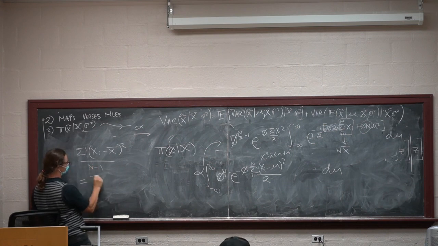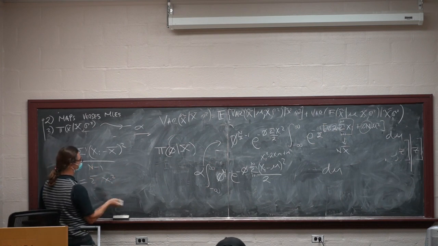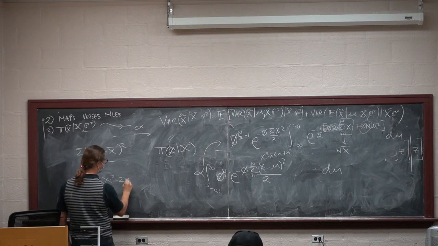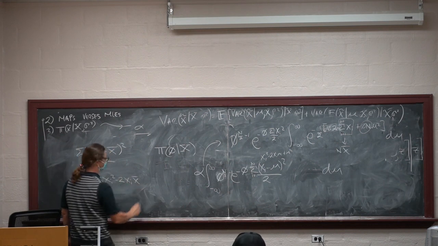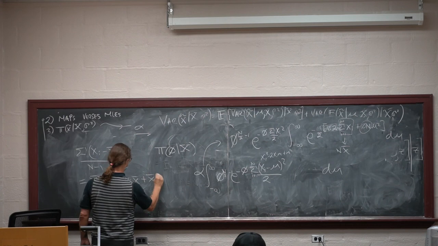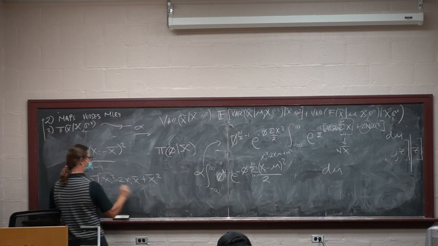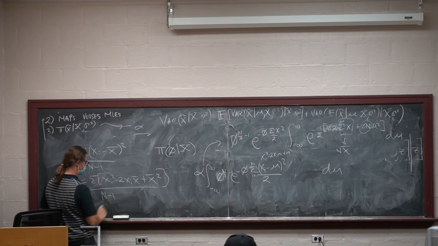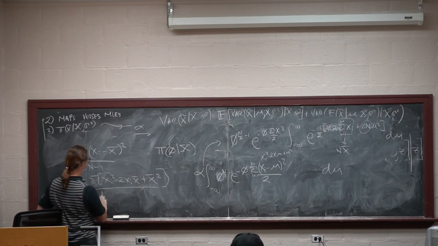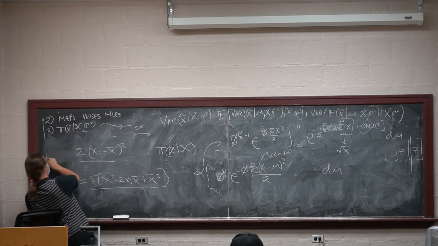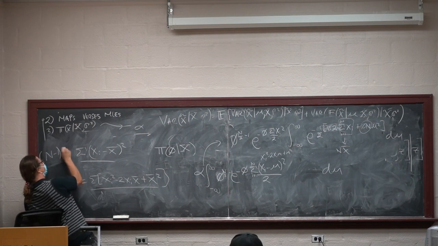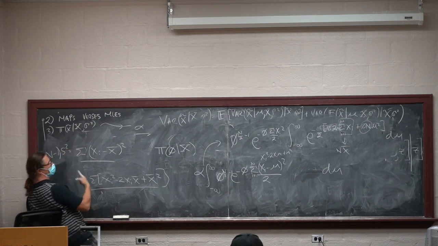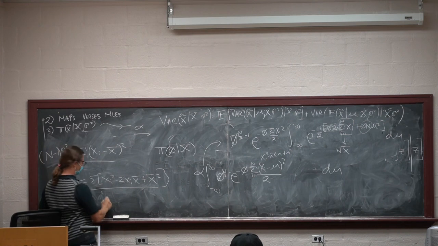This is the sum of the xi's squared minus 2 xi x bar plus x bar squared over n minus 1. So I'm going to write this down as n minus 1 times s squared is equal to this thing, which is equal to